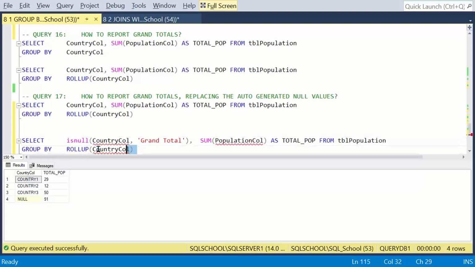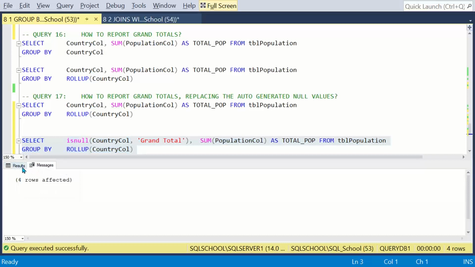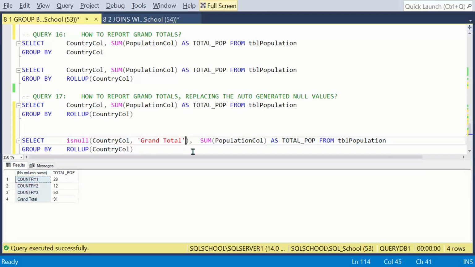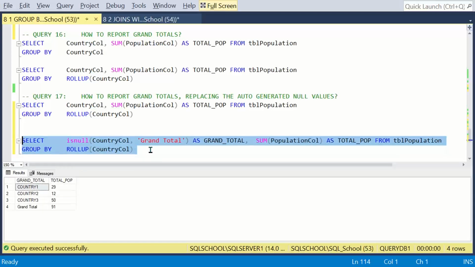Comma. It's another column. Comma. Problem: no column name. So as grand total, like this, as grand total in this way. See here,